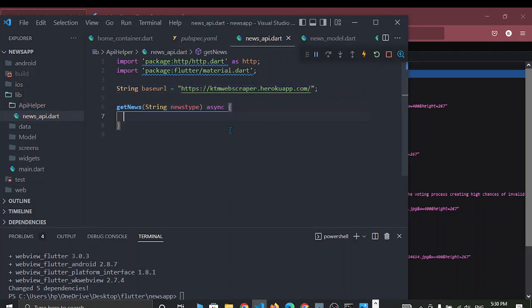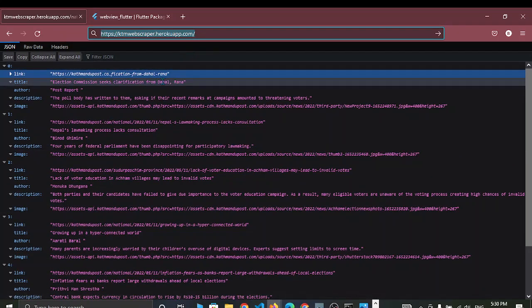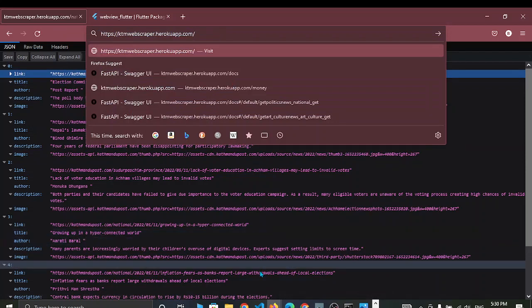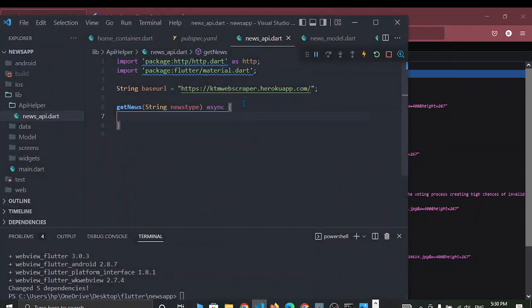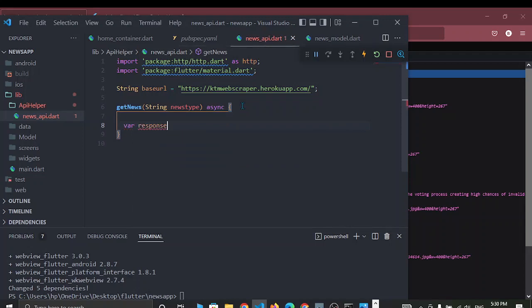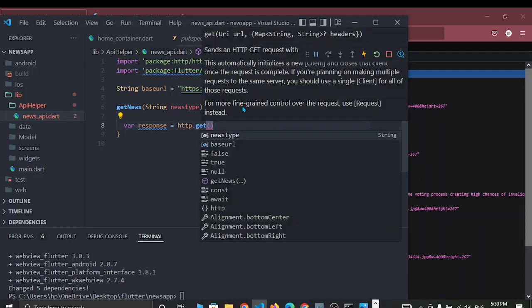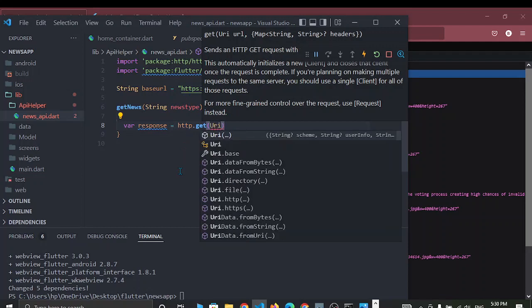Now let's create a variable named response that is going to keep this whole data that we received after sending our GET request to this URL. So var response is equal to http.get. Inside this we have to parse this URI. So Uri.parse,